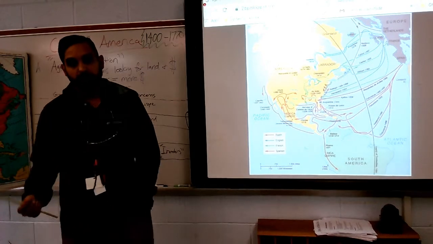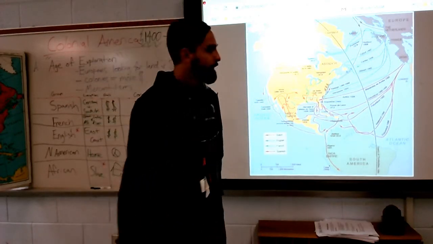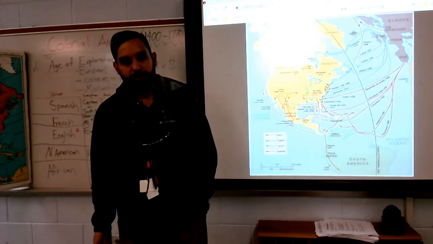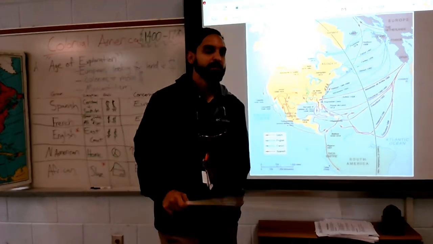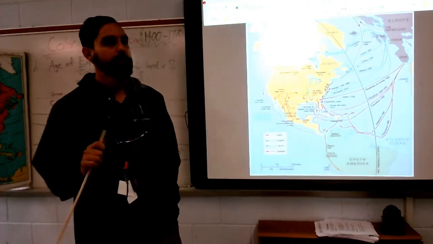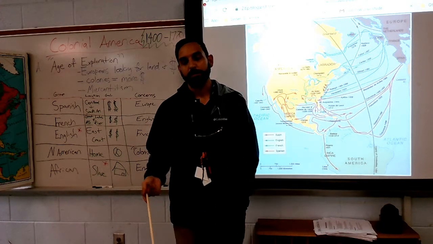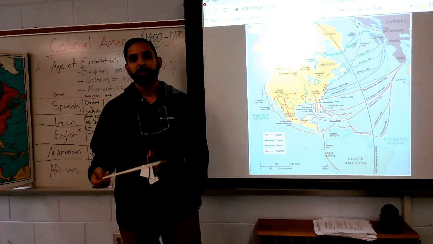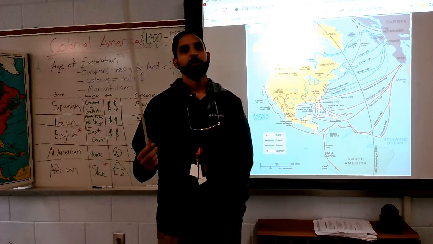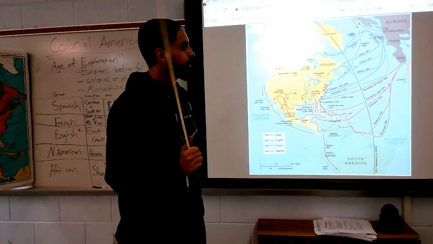Now I'm sure you guys have heard of Christopher Columbus in 1492. Christopher Columbus sailed the ocean blue. He would land here in Central America. He thought he landed in India because everybody was trying to get to India, because India was making money hand over fist in the spice trade. So he landed in Central America and thought he landed in India. Rumor has it, since he landed there, he started calling them Indians, and Indians has stuck ever since. That's just one of them tall tales you hear in the history community.